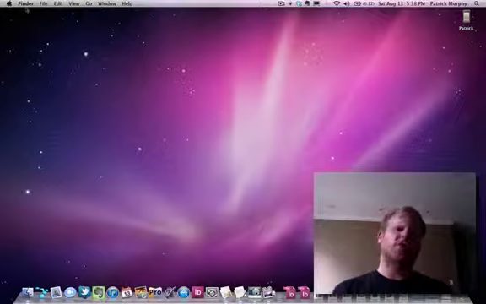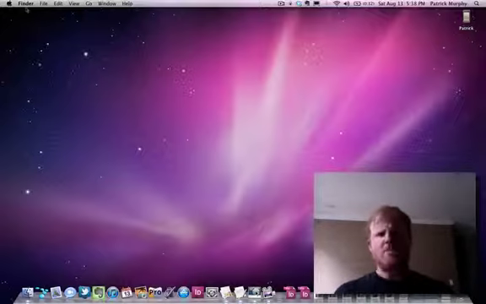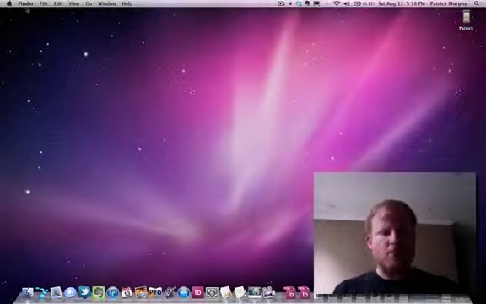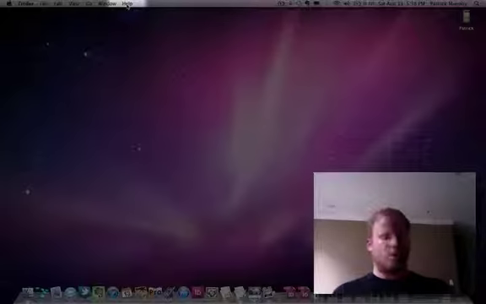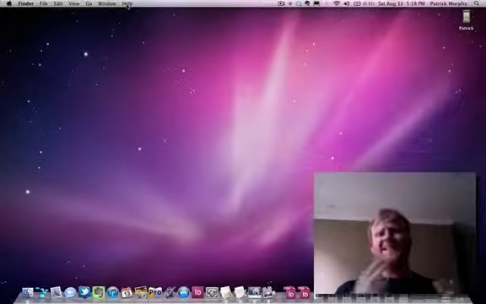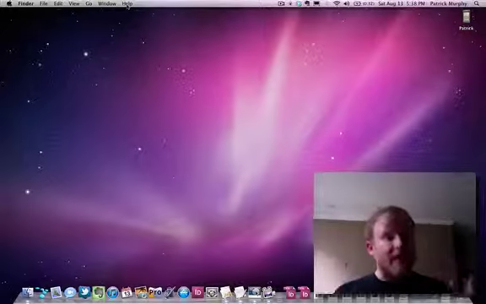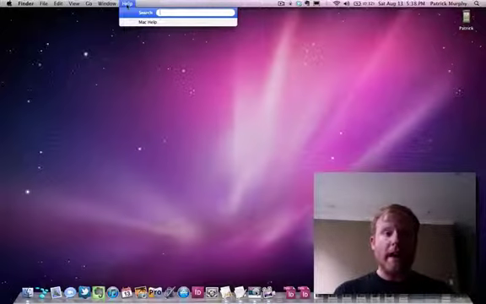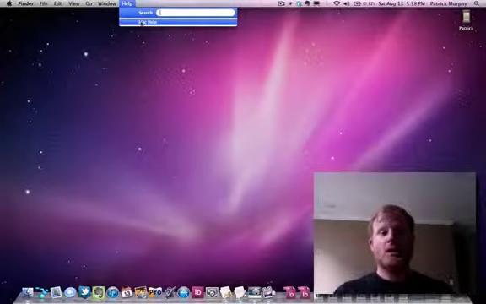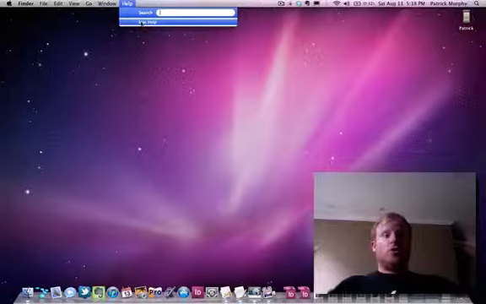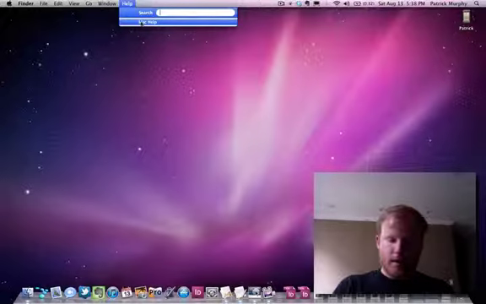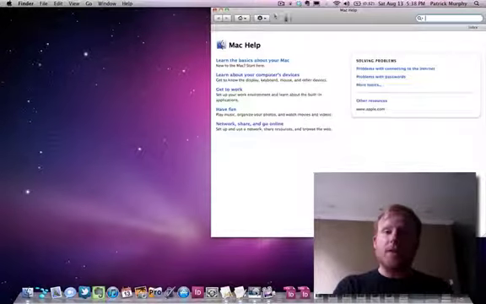The reason we're going to use the Finder for now is because the Finder is basically the boss of the Mac. And when I am using an application on a Mac, much like a PC, you will almost always see a help menu. Since the Finder is the boss of the Mac, its help menu is pretty vast. I click on the help menu, and I click on Mac Help. Not iPhoto help or iTunes help, but general Mac help. I click on Mac Help, and it opens up this help